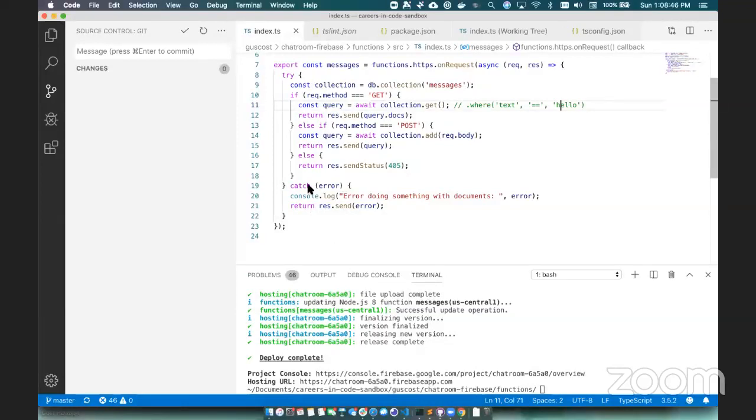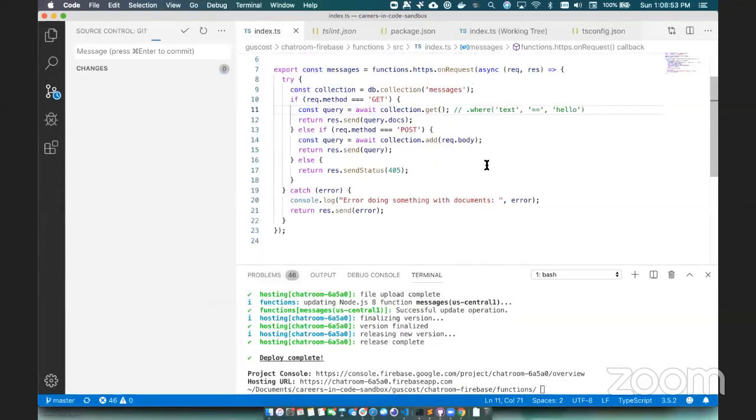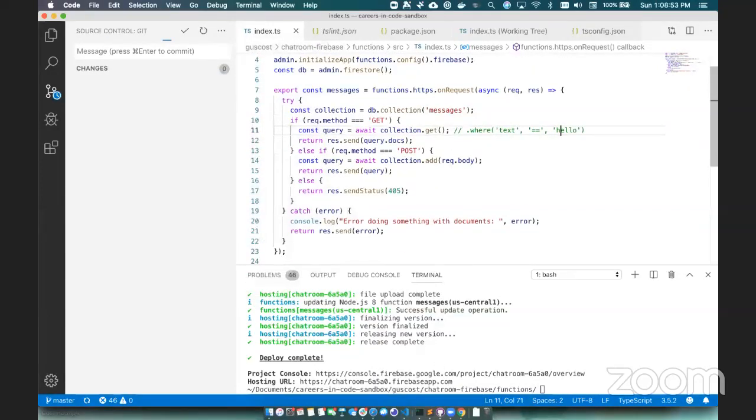We have committed. It's up on the sandbox, and it should be deployed as well. So if we get messages here, we'll still have an empty list. But if I copy this and I go to Postman or Insomnia, whichever one you prefer,